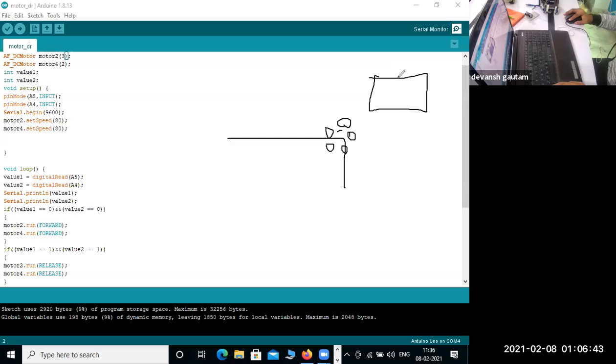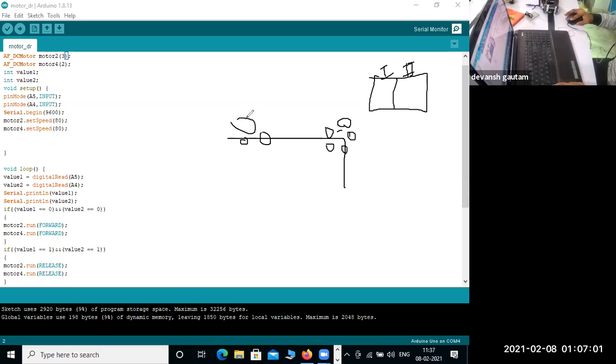Suppose this is our sensor one, and this is our sensor two. When our robot is here, suppose these are two wheels of a robot, and this is the first wheel.